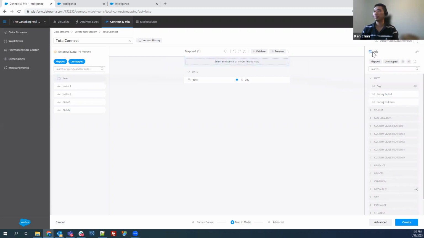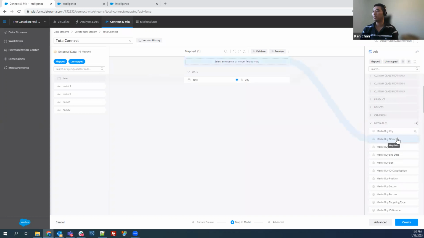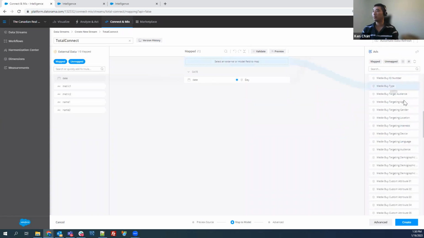So first things first, you specify which bucket it belongs to. If this is an ad file, right, coming from Facebook ads, you might want to map it to your ads bucket, right? Because it has all the appropriate fields for you. So for example, here, you have your media buy key, right? And you have your measurements for that as well, right? Impressions, clicks, media costs, website clicks, etc. But